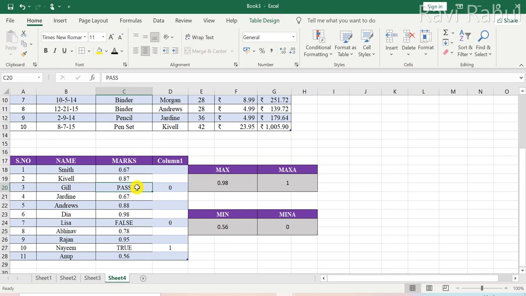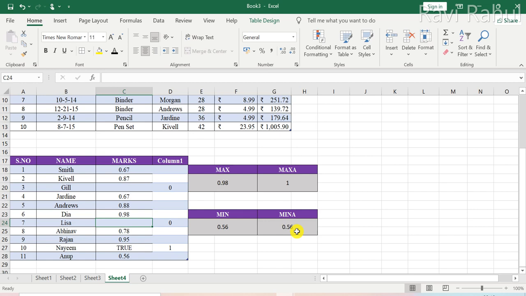Suppose I just delete this and also delete this, so it is again displaying 0.56, because MINA does not accept an empty cell, and so the minimum value that we are seeing here is 0.56.